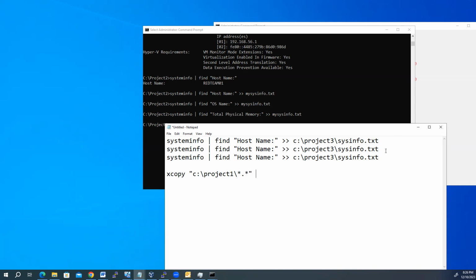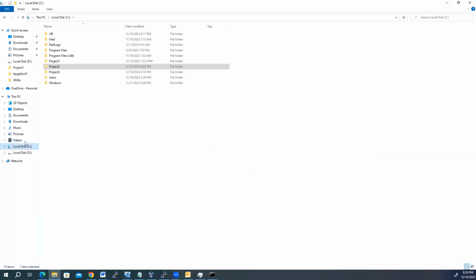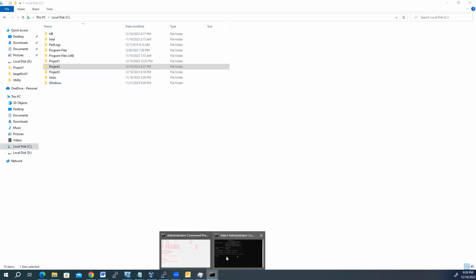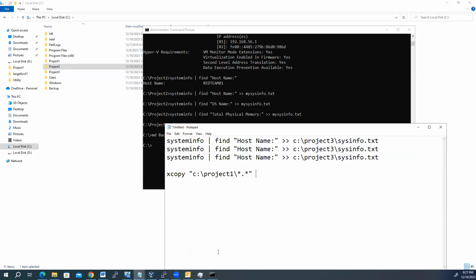Where is my destination? Do I have a destination here? Let me check. Maybe we can create a folder called backup, right? So I can do it here, or I can do it from the command prompt. So let's do it in the command prompt. So from my C drive, I say MD, let's say my destination folder called backup. I want to back up here. So now I can say, okay, to my backup will be